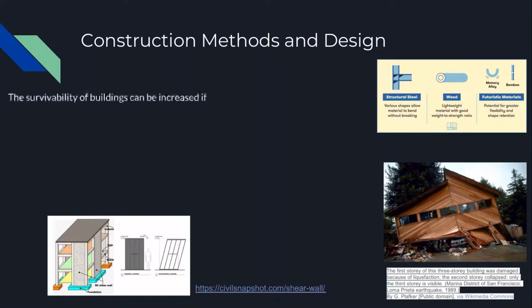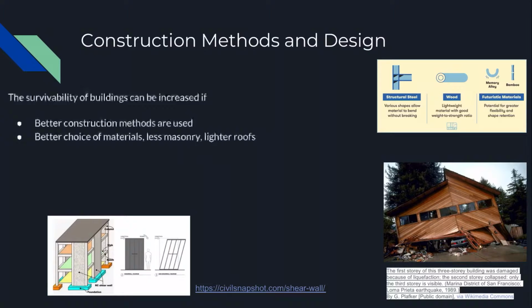The survivability of buildings can be increased if better construction methods are used, and a better choice of materials, i.e. less masonry and lighter roofs, to prevent people from being crushed by collapsed buildings. The natural frequency of buildings shouldn't be in the range of the frequency of the earthquake. Buildings with 5 to 16 stories saw a greater failure rate as their natural frequency was in the range of